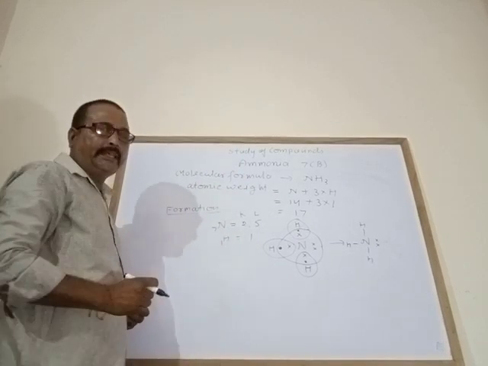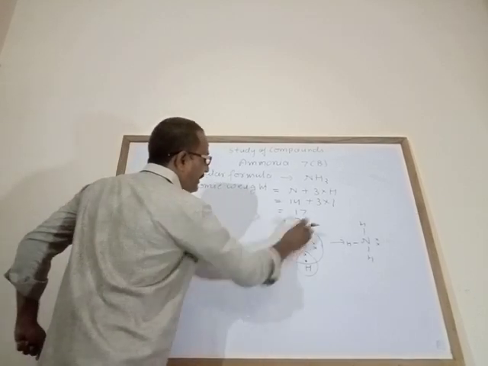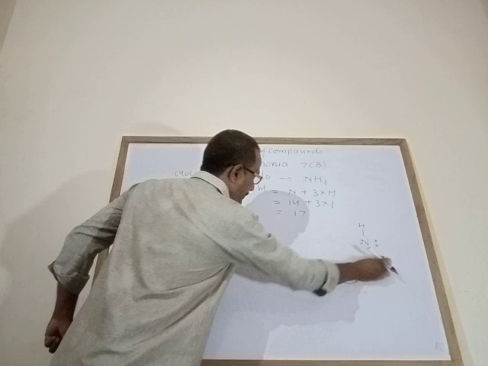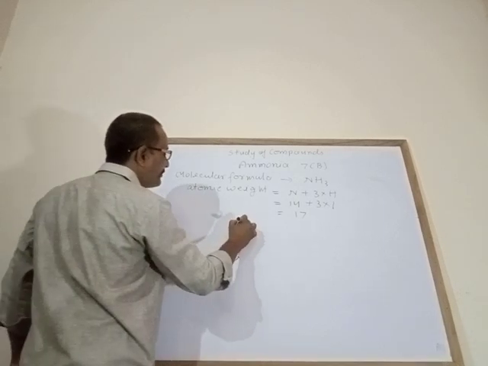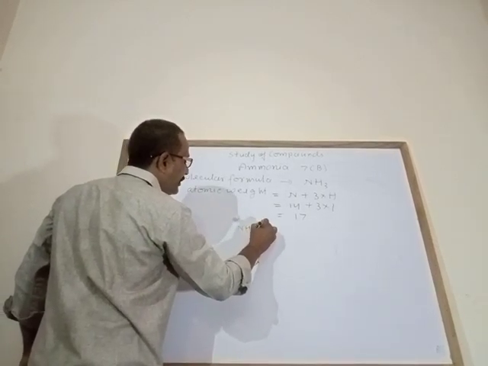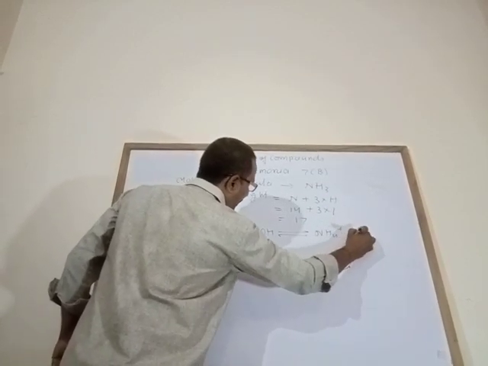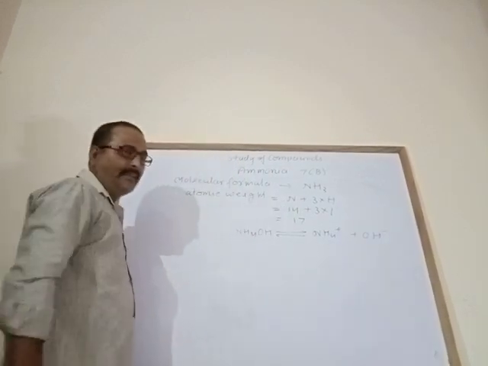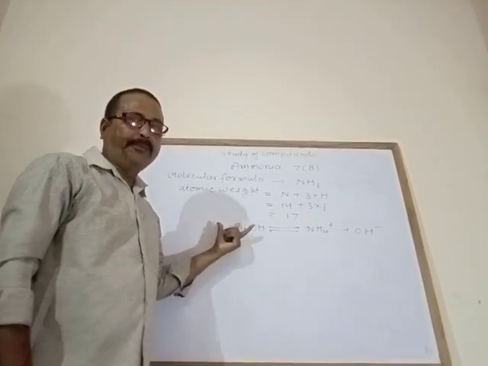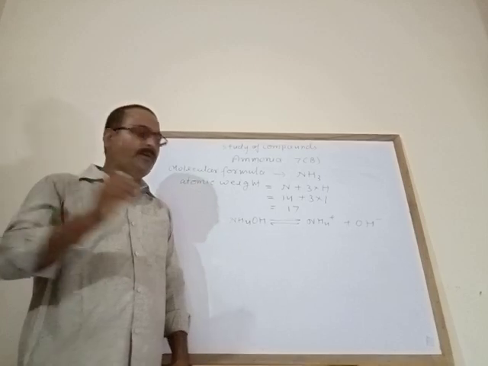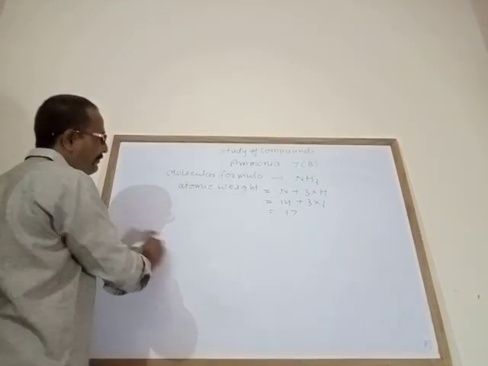And you know that ammonia is a polar covalent compound. See that, because the ammonia solution after ionization gives NH4 plus and OH minus. Due to the presence of positive and negative charges, it is a weak electrolyte, meaning it partially allows electric current to pass through it. Now, preparation of ammonia.